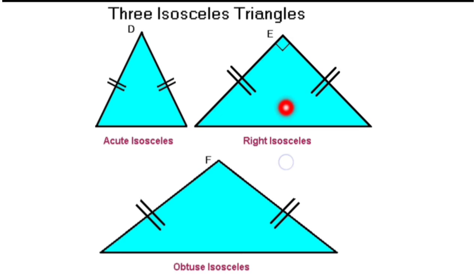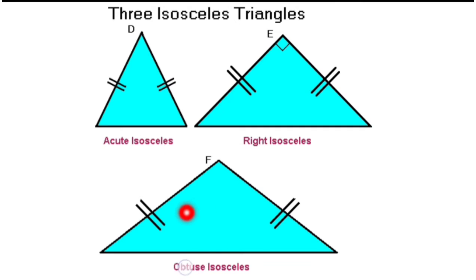Okay, now see, this is also an isosceles triangle, because two sides are of equal length, but one of the angles is 90 degrees, that is a right angle. So both these things we are going to say together, that is, one 90 degree angle and two sides equal, so we will say isosceles. So this is a right isosceles triangle. Okay,